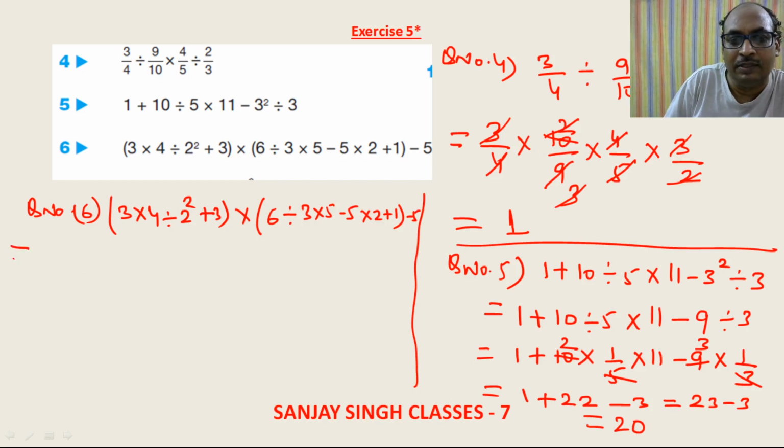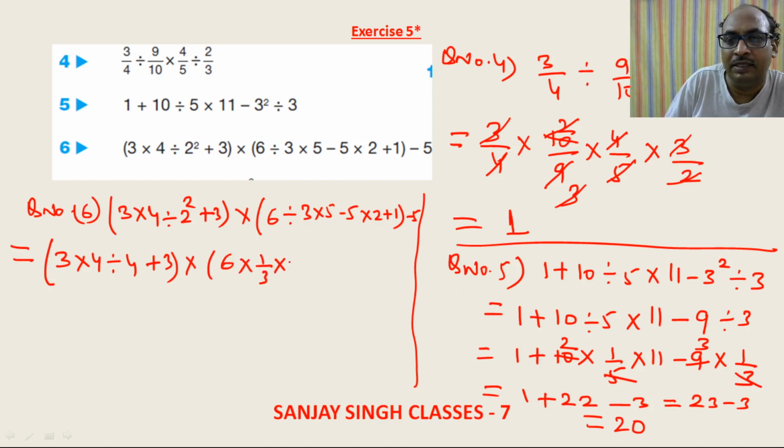Okay, then inside the bracket 3 into 4 divided by 2 square will become 4, right, plus 3 into, then here in this we are having division first, so 6 into 1 by 3 into 5, okay, and then minus 5 into 2 plus 1 minus 5,